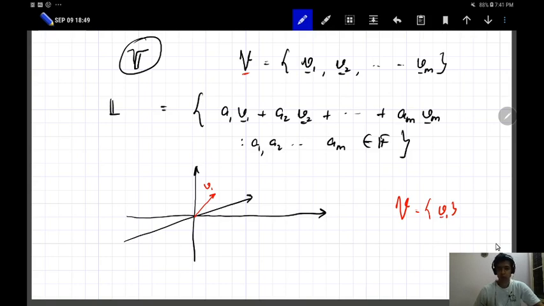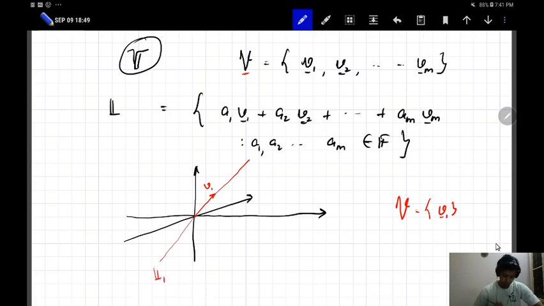It is a set of all scaled versions. So it's a set of all a1 v1 for a1 in F. So basically all possible scalings of v1, and that is going to generate a line, right? So it's going to be a line in the direction of v1 passing through the origin. So that is going to be my L1, right? So now suppose that I take another vector v2,